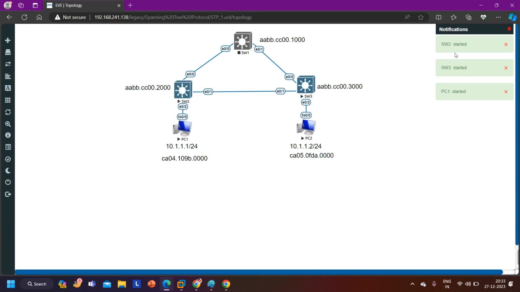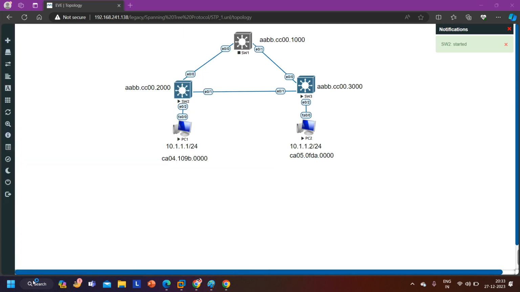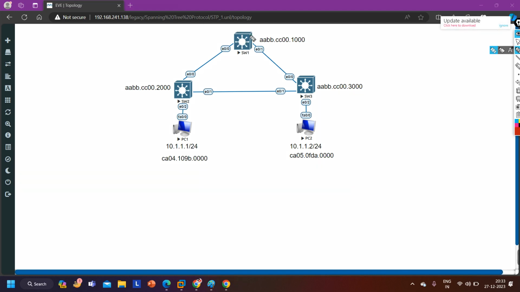Which switch will become root bridge here? Switch 1. Okay. And if there are any changes in that root bridge switch itself, then it will also turn on the TC bit. This port is DP, this port is DP, this port is RP, this port is also RP, this port is RP, and this port is alternate, right? So if you check the MAC address table,